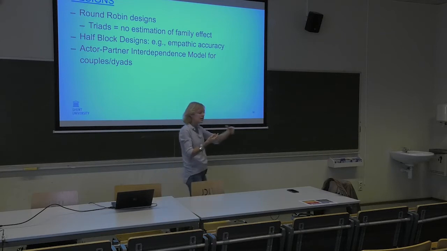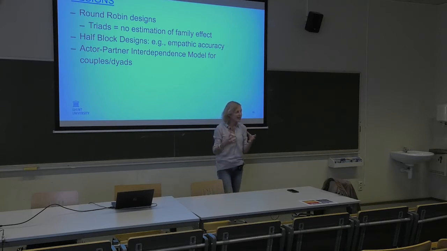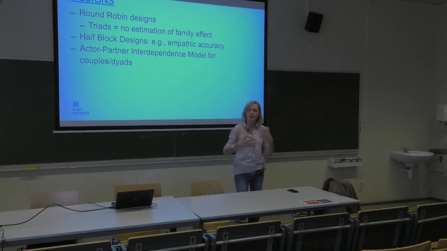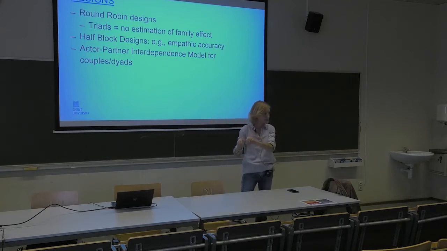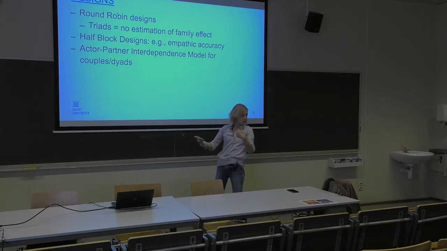Again, if we do that, you need everyone inferring everyone's other thoughts. But that's a lot of research work to do. So what we sometimes do is you videotape someone, and then you ask this person to write down all the unexpressed thoughts and feelings. That's how the design goes. You have a video of someone, for instance, telling a recent story, and then afterwards, the person looks at the video and stops the video every time he or she remembers having had an unexpressed thought or feeling and writes it down. And then in a round-robin design, you would have the other one doing the same and inferring each other's thoughts and feelings.